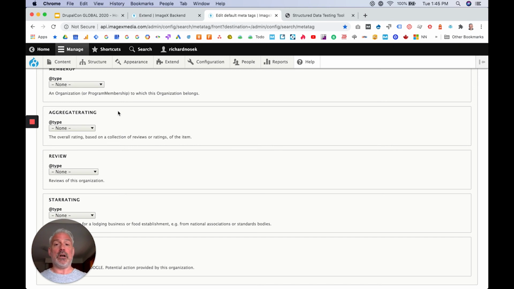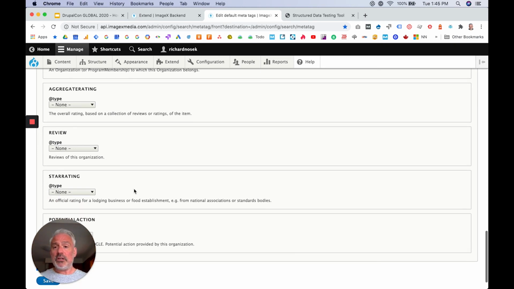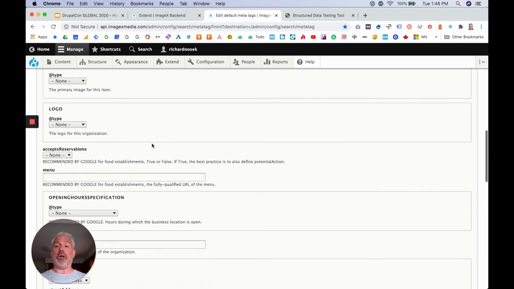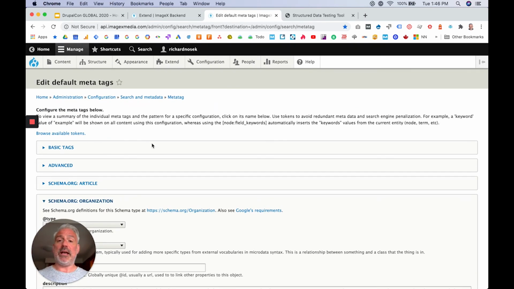If you've got some development experience, you're going to be able to use tokens. If you've got a developer that you can leverage to help you, you might be able to pull some of that patternized information into this. You're going to click Save, and I've already configured this one out, so I won't bother with that part of the step. But the next thing, the next step after you've gone through and configured your meta tag, is you want to validate it,